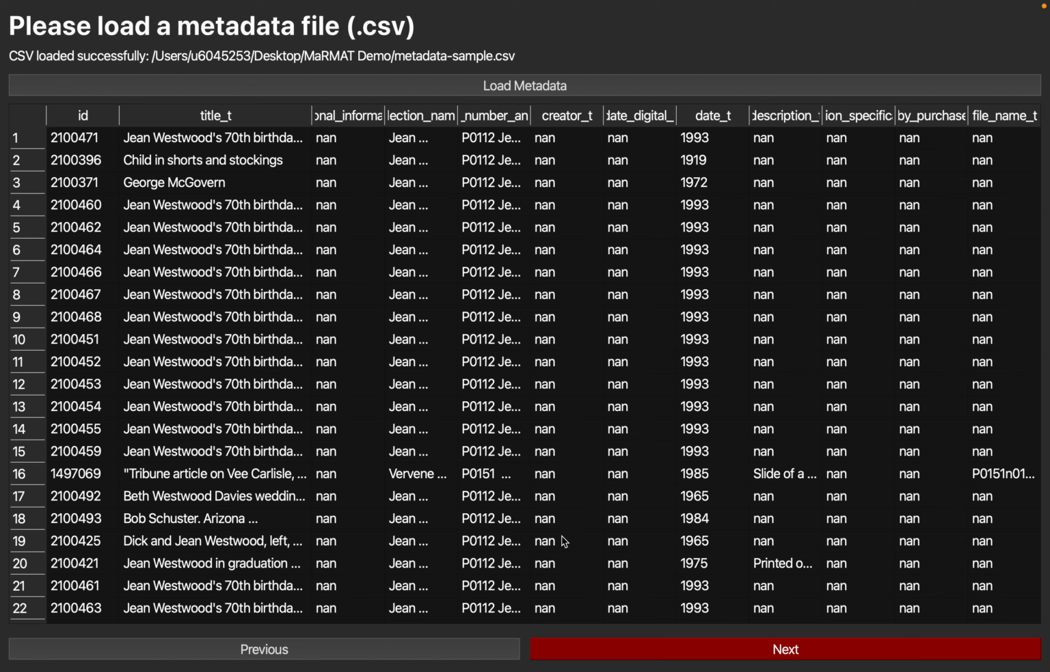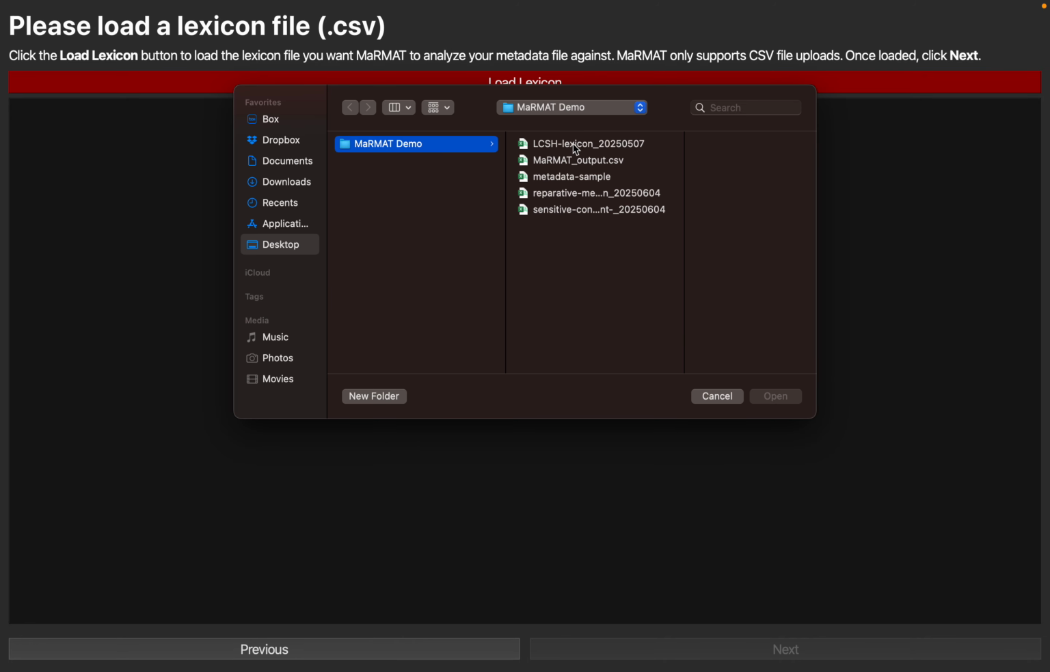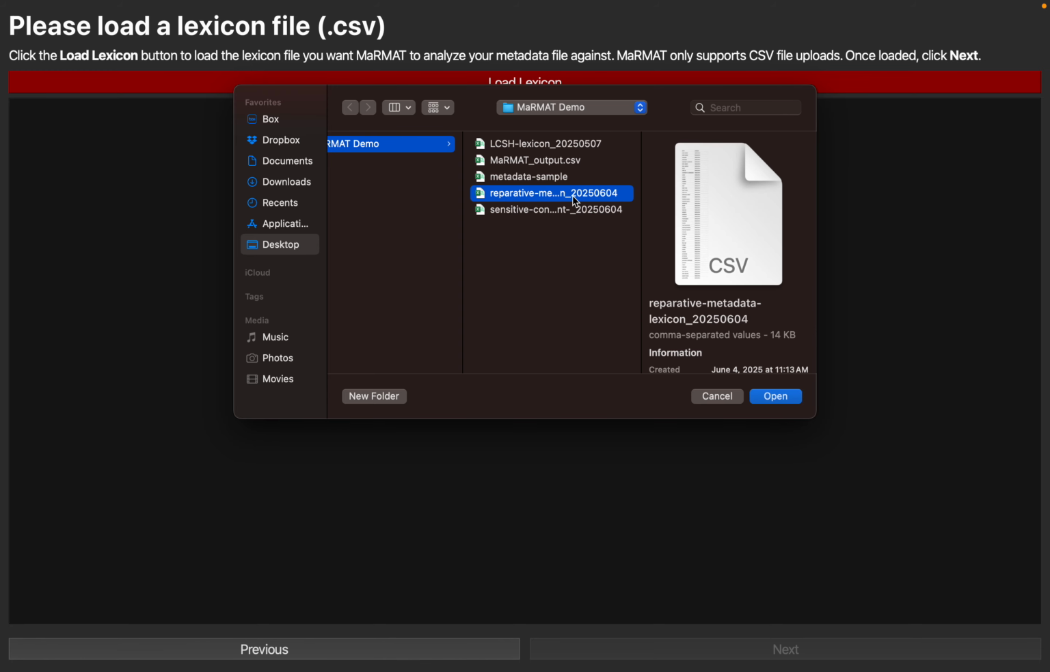Once you're ready with your metadata file, you'll hit Next, and that'll bring you to a page where you can load the lexicon that you want to use. So MaRMAT supports CSV file lexicons as well. You can use our pre-curated lexicons available on our website, which includes the Library of Congress subject headings lexicon, the reparative metadata lexicon, and then the sensitive content lexicon. You can also load MaRMAT with a custom lexicon as long as it has a term and a category column within it. For this sample, I'm going to use the reparative metadata lexicon, so I'll select that one and open